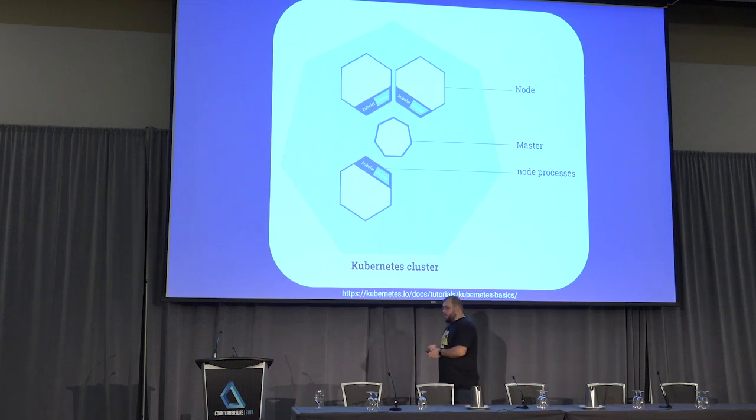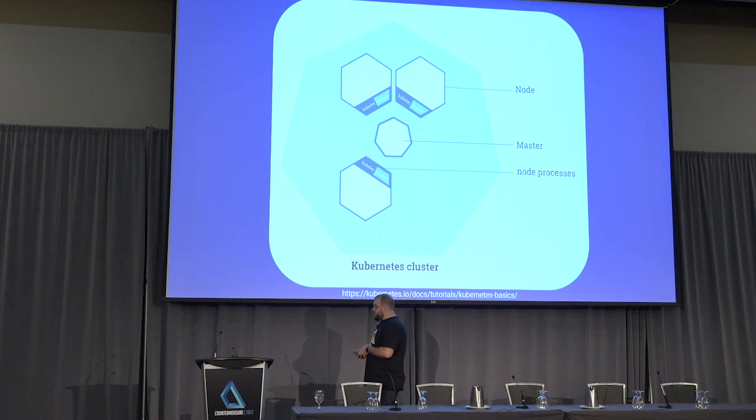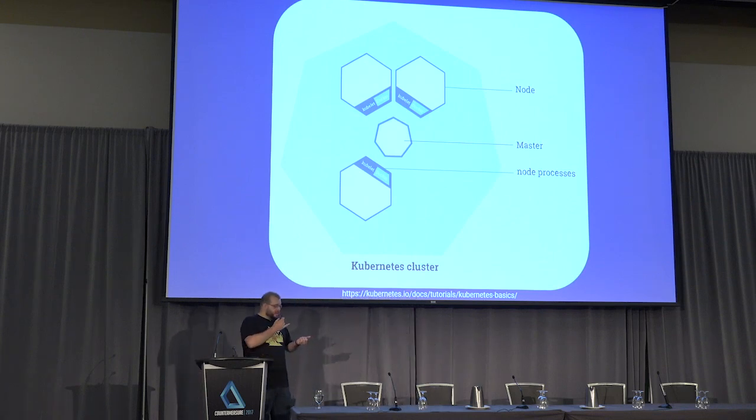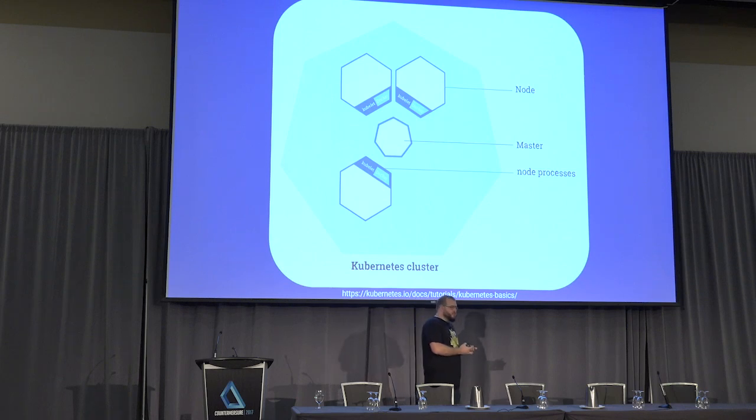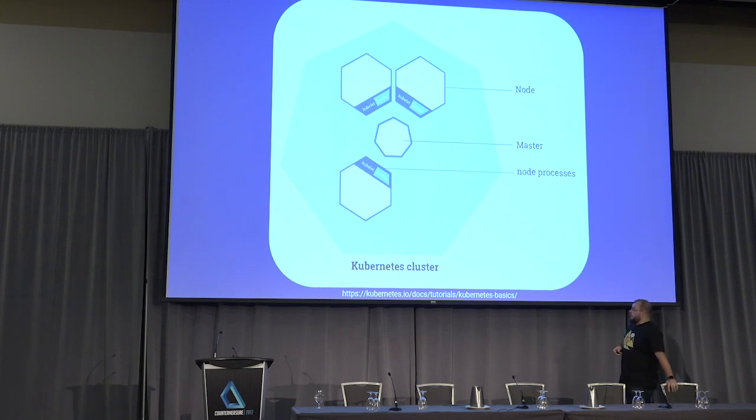So Kubernetes, on GKE specifically, is made up of a number of distinct components. We have the master, and then we have the nodes. Nodes are sometimes called workers, minions, slaves, but we're gonna keep referencing them as nodes for these diagrams. And all these diagrams came from the Kubernetes basics. We're just gonna walk through it.